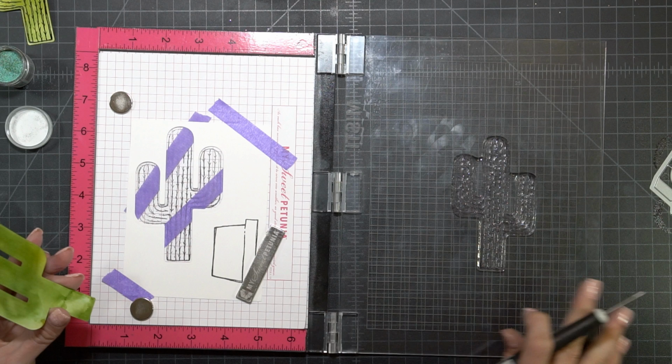But because the glossy paper was a little warped, I needed to hold it down somewhere. So I added some purple tape behind the die cut, and that will hold it in place while I stamp on top of it. So I hope that makes sense. Now, moving on,